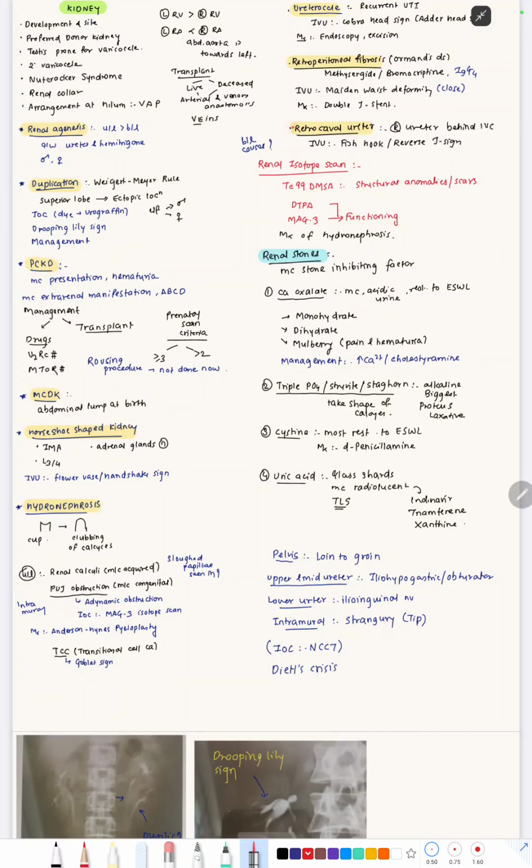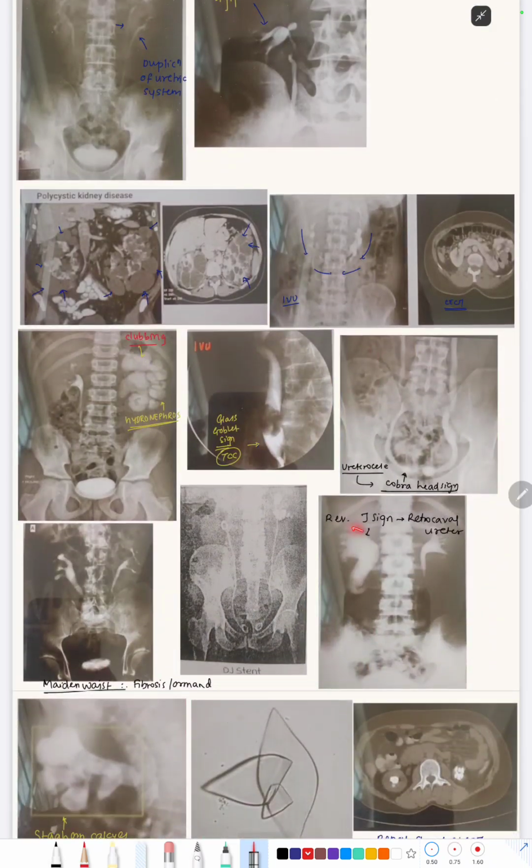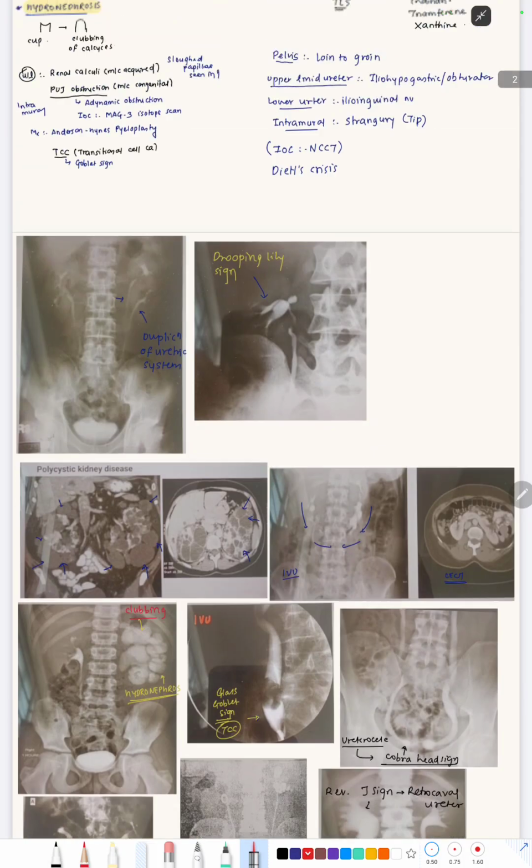Next, retrocaval ureter. As the name suggests, it is retrocaval, that is behind the vena cava, and the inferior vena cava is on the right side. So it's the right ureter which is lying behind the inferior vena cava. The intravenous urography of this shows a fish hook sign or the reverse J sign. So this is the reverse J sign, or this is going to be the fish hook sign. Next,